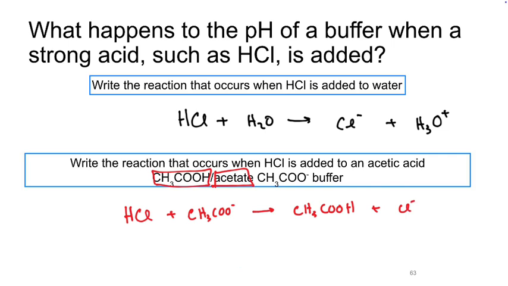In both cases, those are not equilibrium systems because we're dealing with strong acids. But in the second case, what's powerful is that once that reaction has happened, if we still have concentration of acetate and our CH3COOH,